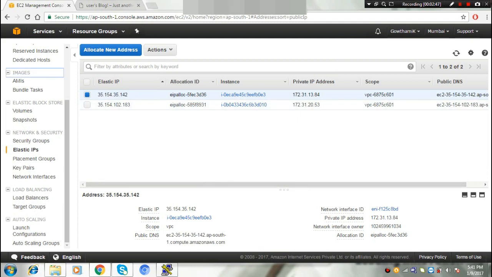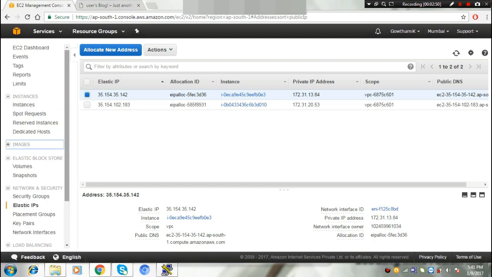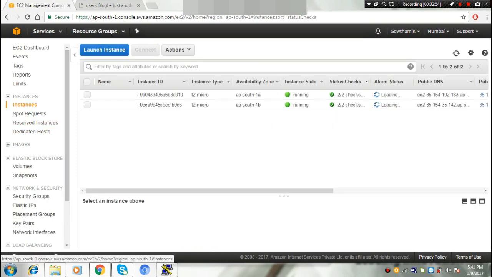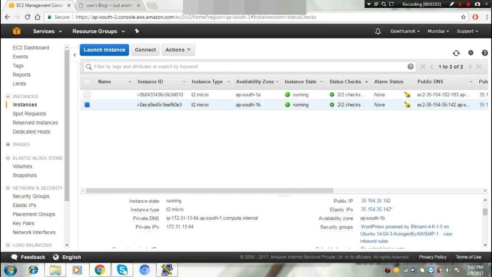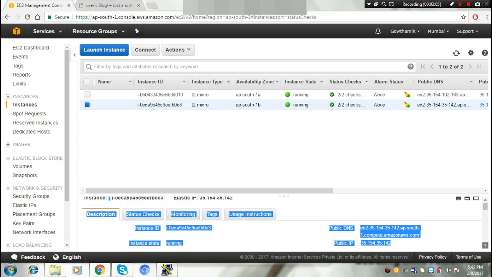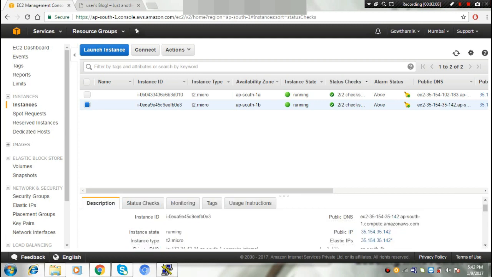Actually, this is your elastic IP address. You have to check one more time with the instance that this IP address is mapped with your instance's public IP. Yes, it is mapped, and you have to copy that public IP